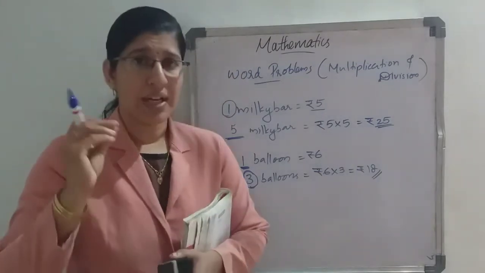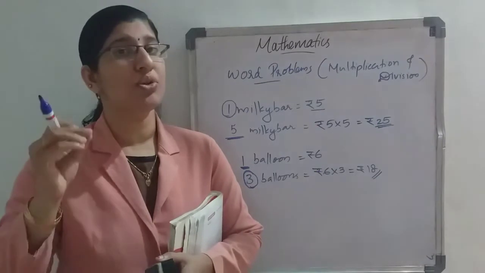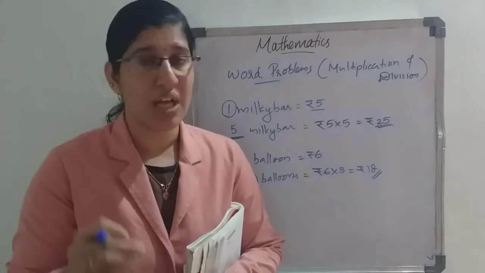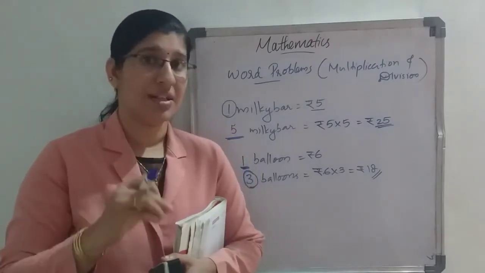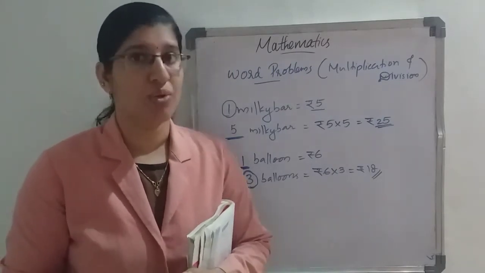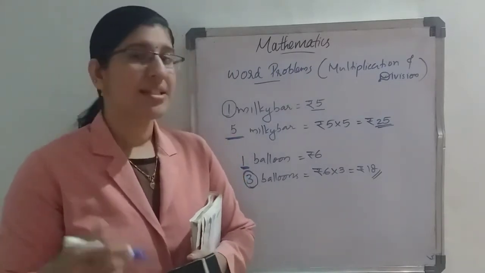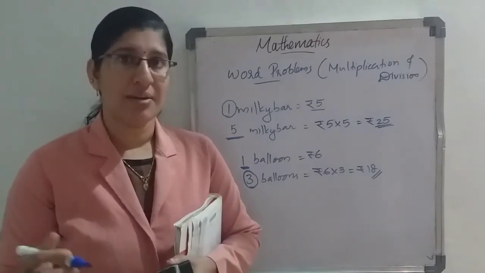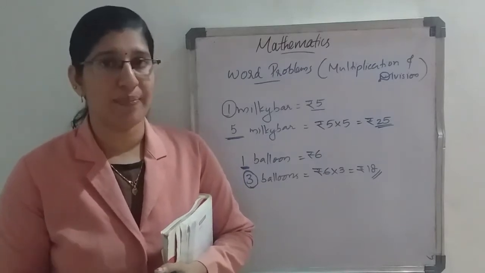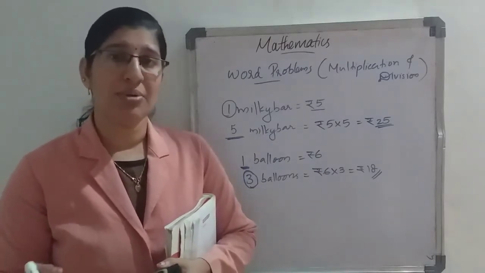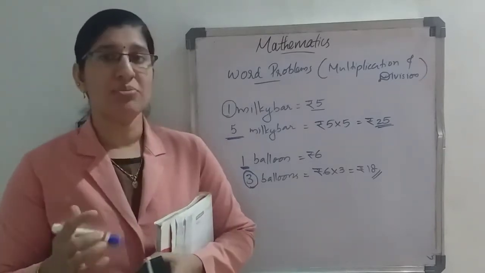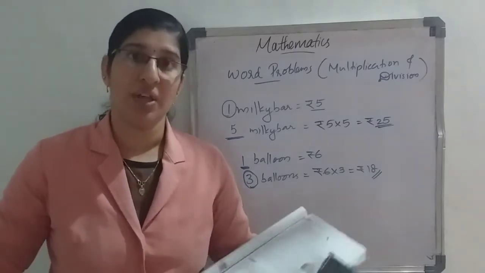Clear? So only one thing, whenever you get a question, you need to read the question very carefully and find out whether it is addition, subtraction, multiplication or division. In addition, if it is spending all together, what is the total cost, you need to do the addition. And subtraction is when something is left or remaining. How much money is left with him? How much money is remaining? How much money the shopkeeper needs to return? When questions like that come, you need to do the subtraction. So multiplication means the 1 is given, you need to find out the many things.